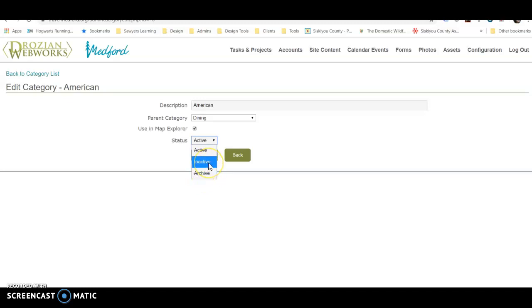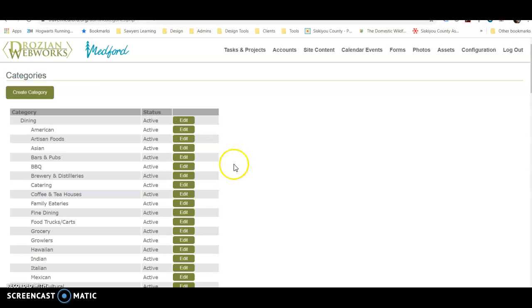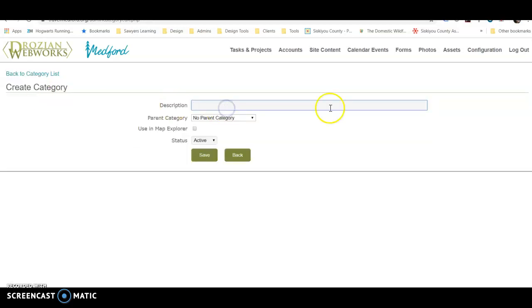If you do that though, and it's used on the front end, you might disable its ability. So I always just double check, and most of them we know, like Dining Yard American, we know where that's used. And if you need to make a new one, you can just go create, and you put in your